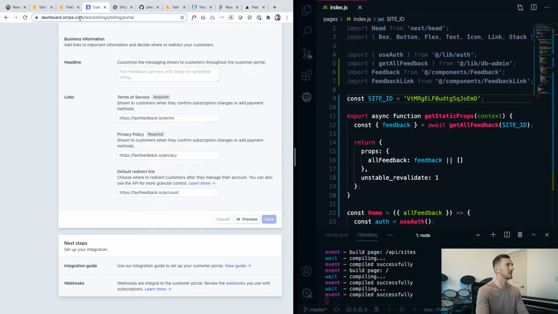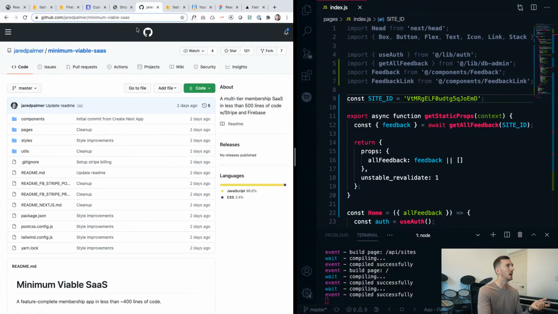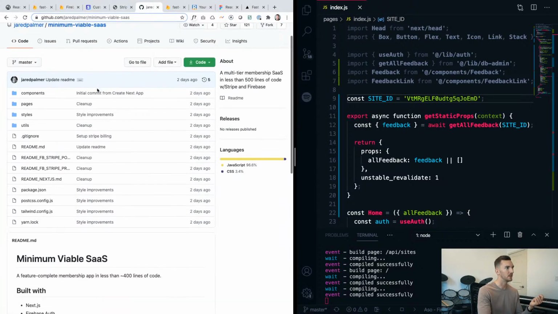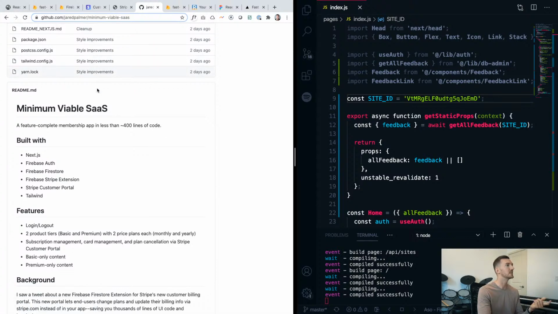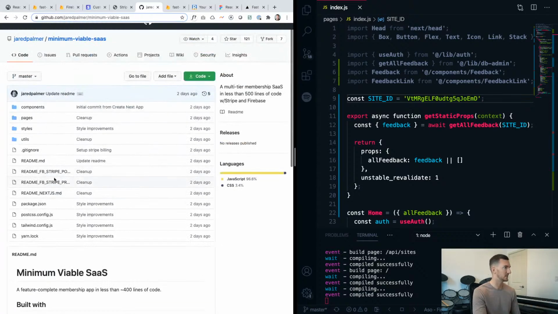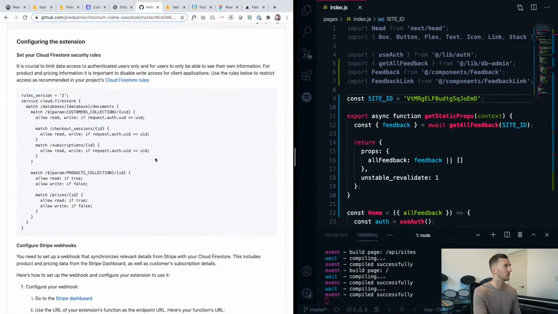And actually how I stumbled on this was I saw a tweet from the Firebase developer account talking about this new extension, and then I also saw Jared Palmer put out this minimum viable SaaS repo, which is very similar to what I want to accomplish using this extension. And the nice thing about it was he saved some of the readmes that I was looking for. So I've read through this one time,